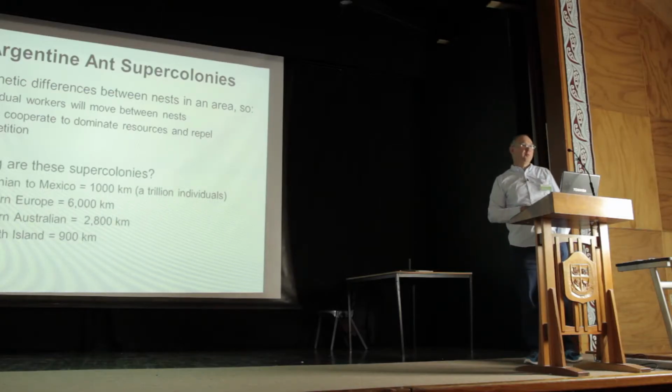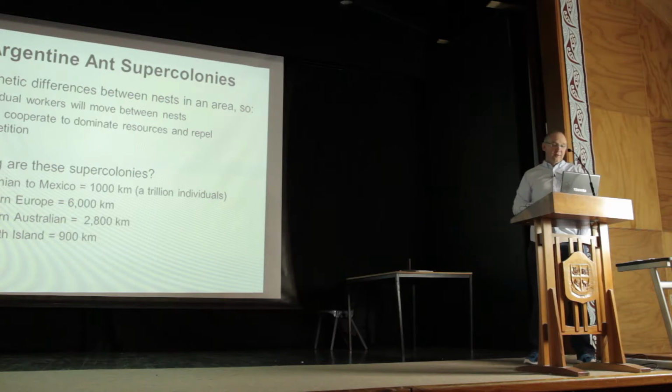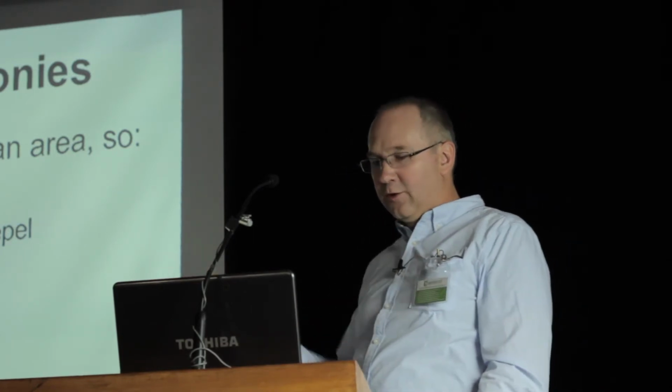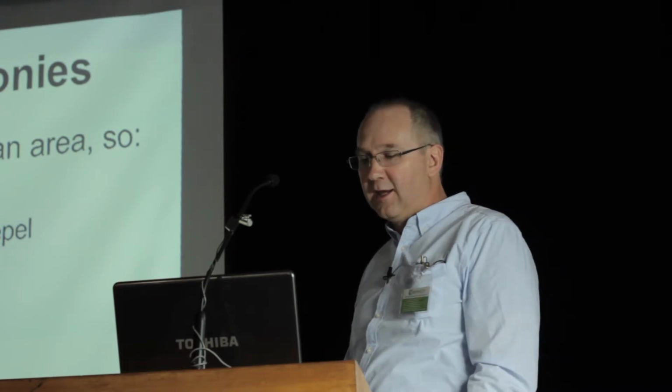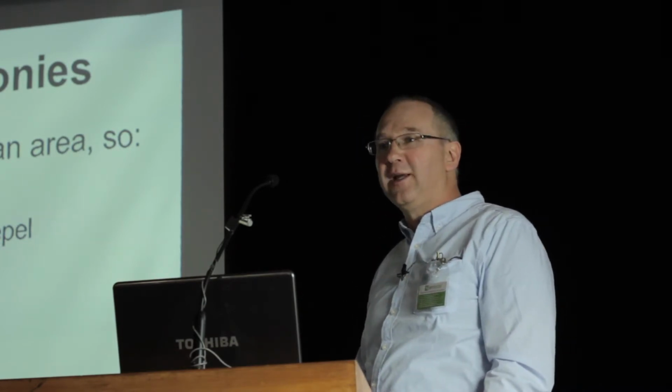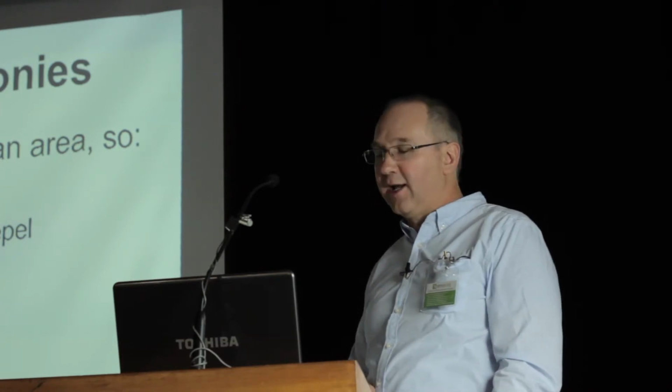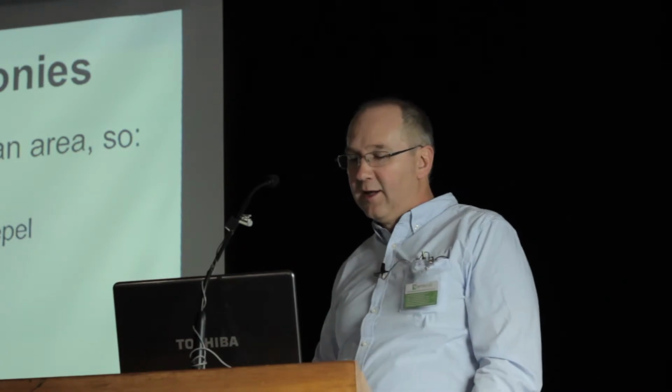And some of these super colonies are really huge. So there's one that stretches from California to Mexico. That's 1,000 kilometres, and scientists have estimated there's 1 trillion individuals. So you take ants from the south end and the north end of that, put them together, they're happy to cooperate. Southern Europe, right down across the Mediterranean side of Europe there's a super colony estimated to be 6,000 kilometres long. And the one in southern Australia that runs across the bottom of Melbourne,